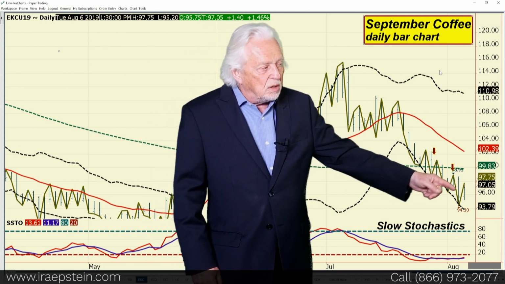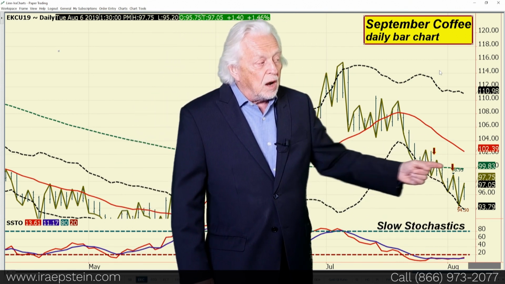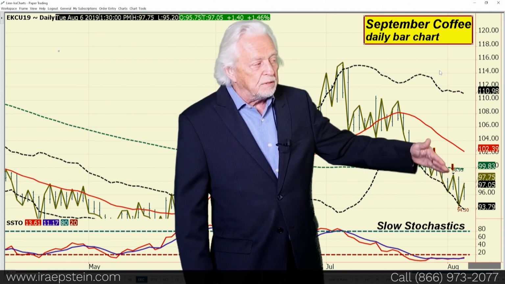When you lose the embedded reading, I'd get nervous. Until then, on these rallies, the 100-day average might offer the first resistance point, and I think the pros will be willing to sell it as long as you have the embedded reading in place. Lose that red line, get it over 20, then first the 18, then the 100-day average becomes an objective, and if you clear that, you might be going back to the 18.